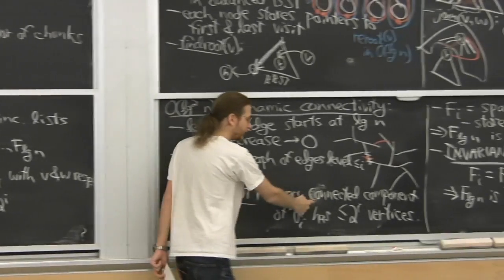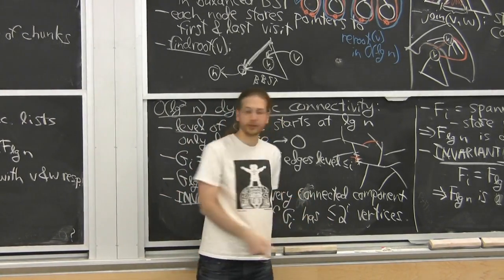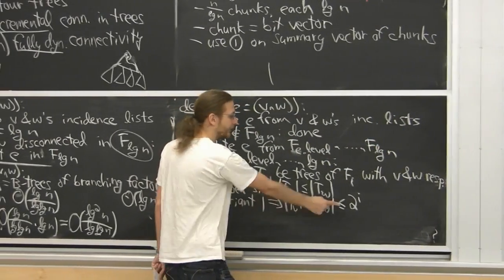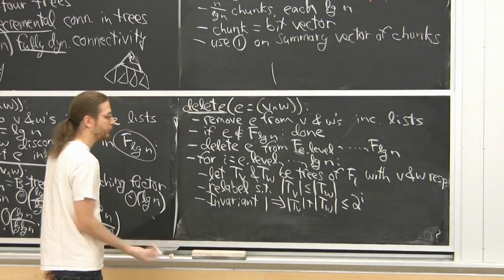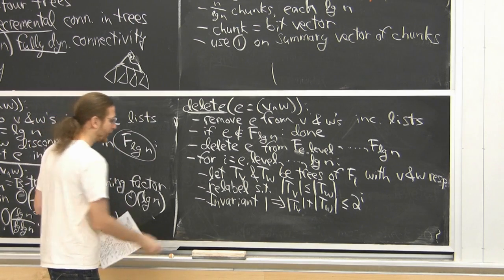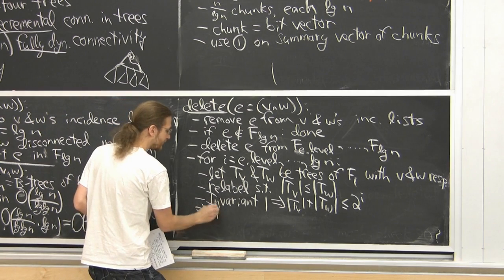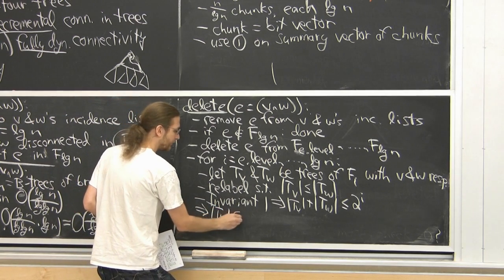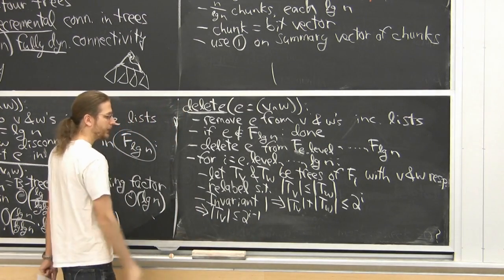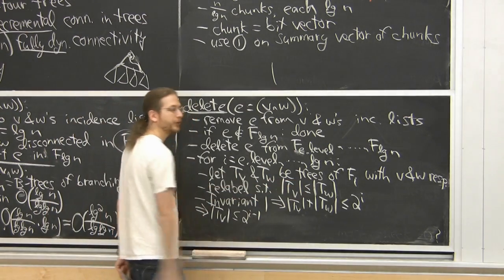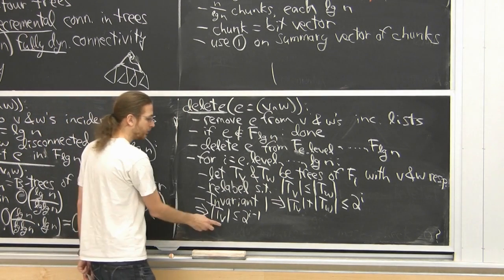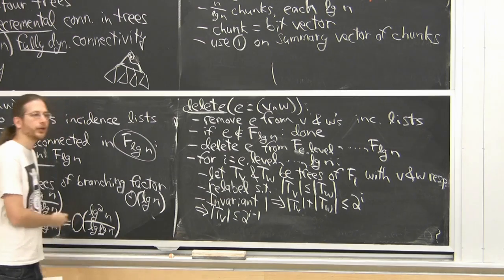And so that was a connected component. It should have size at most 2 to the I. Now we split it, but that's all we've done. So the sum of those sizes has to be at most 2 to the I, because that used to be a connected component. Cool. So that means that the size of TV is half that, at most 2 to the I minus 1, because TV is less than or equal to TW, so it's at most half of the total. So TV is even smaller.